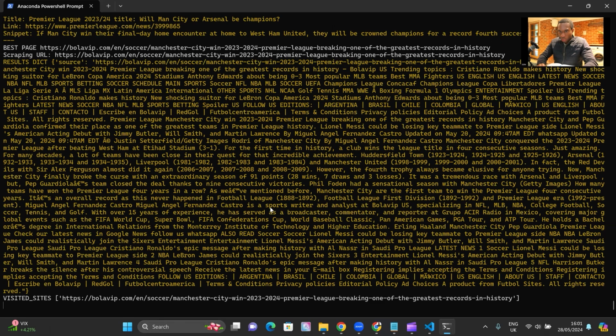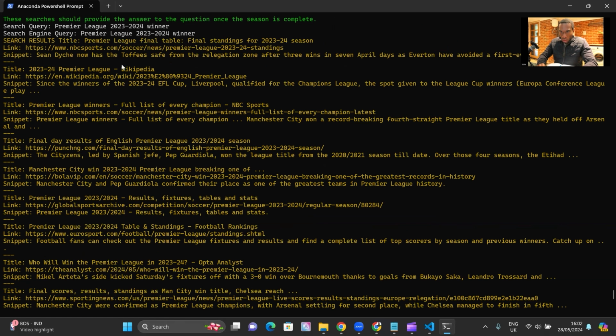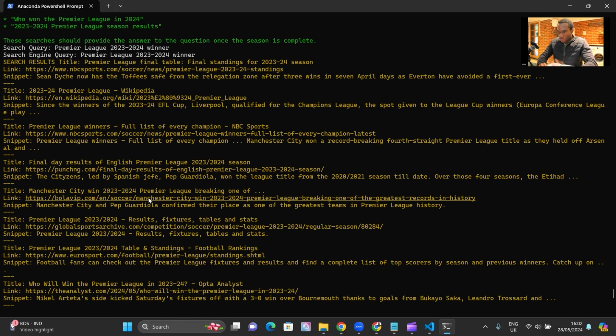Okay, so that was fast. We have a search engine results page, and we've picked the best page as buttervip.com. Let's just make sure that is one of those. There we go. So just to show you, it doesn't always just pick the top. It is fully up to the large language model to decide which page is the best to pick from this search engine results page. So we've picked this one,